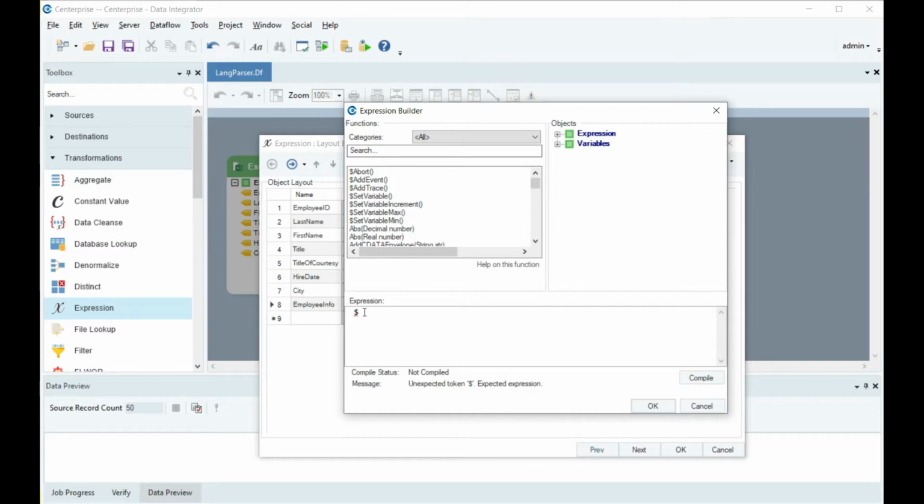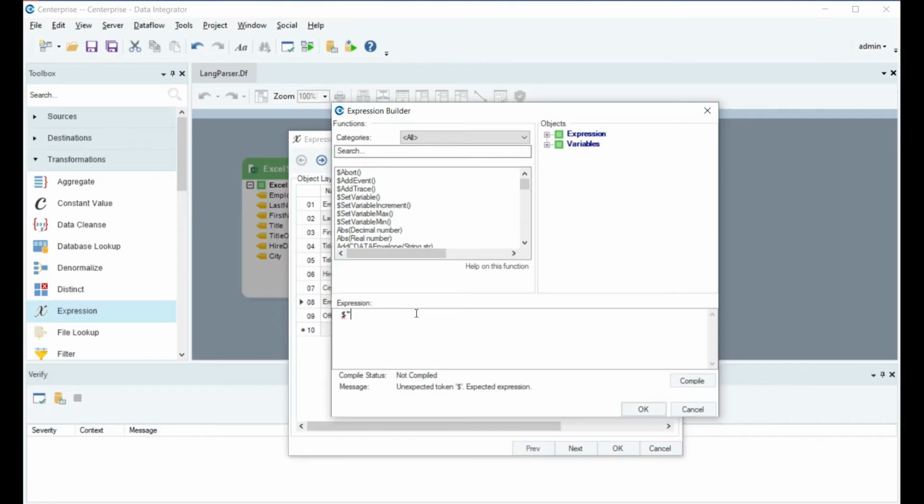Here, we will create an interpolated string using the employee ID, last name, first name, title, title of courtesy, hire date, and city fields from our source data. The interpolated string expression in this case will be written as